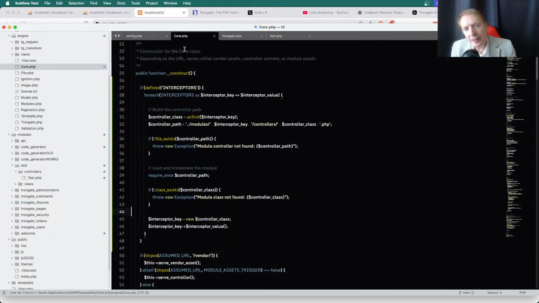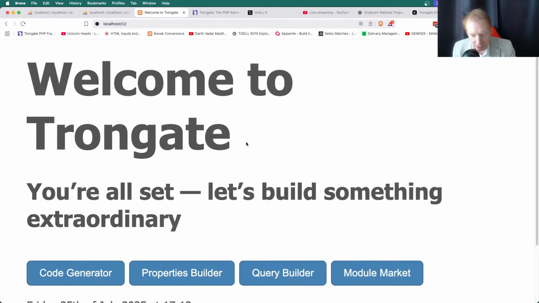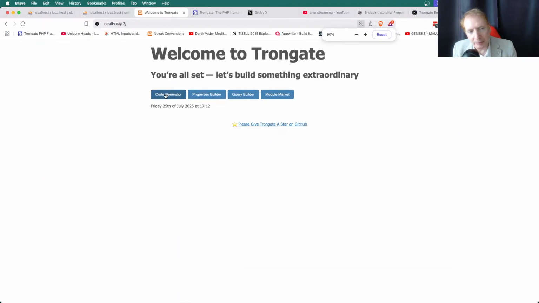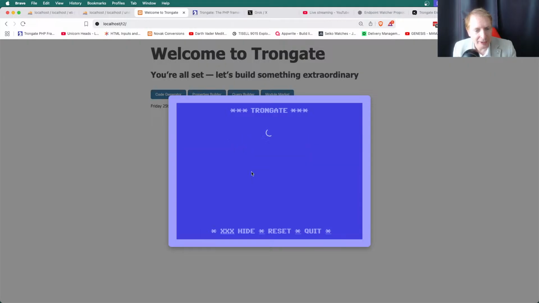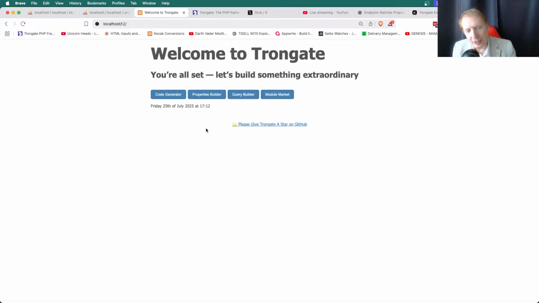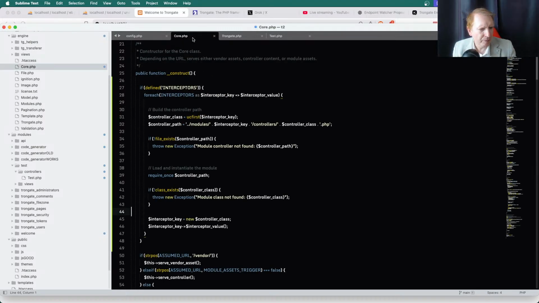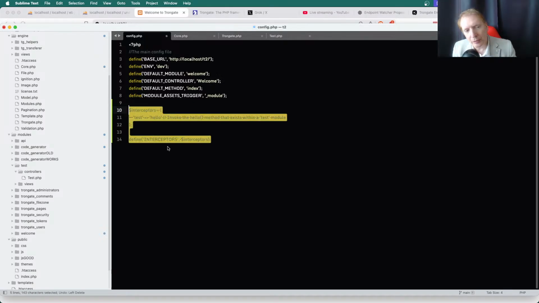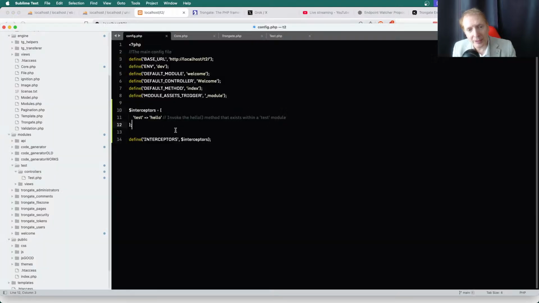So what we've done then, if I take this out of here, like that, you can see we've got this ordinary page. Everything works just fine. This is going to be great when it's out. I cannot wait to see this. The properties builder is going to come up. I'll be working on this later tonight. So that's that. If we want our interceptors to work, all you would do is go to config, you would define them, and then it runs them. It's as simple as that. And you can have,